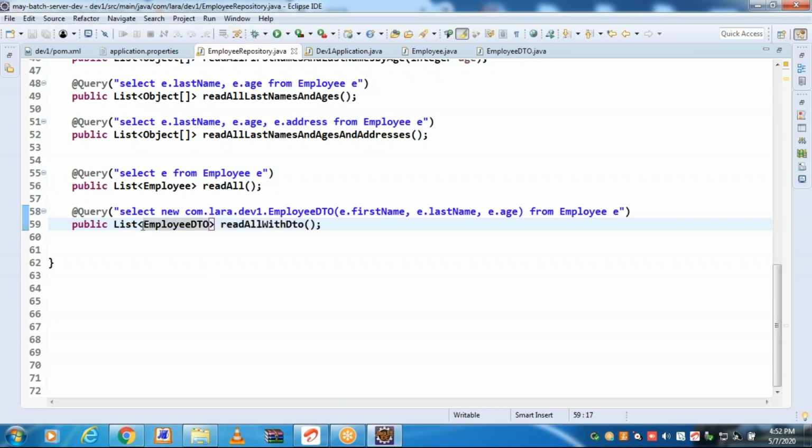This function returning list of DTO objects. For every row, we are specifying like new DTO object. Whenever you are specifying a DTO name, definitely you require even package name also. In which package DTO is developed. For every row, one DTO object. In the DTO class, there is a constructor which takes three arguments. Supplying these three arguments from a row, employee DTO for every row, likewise list of employee DTOs.